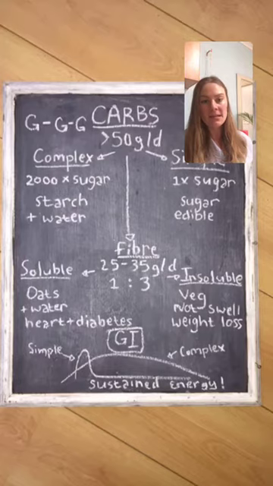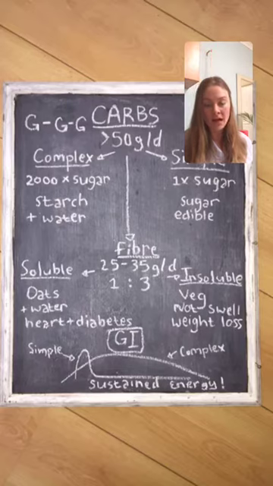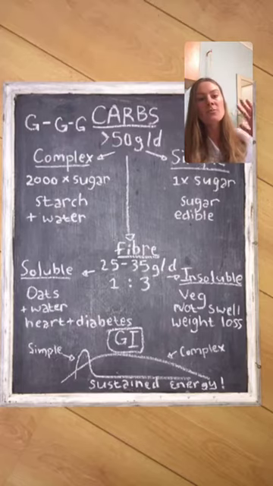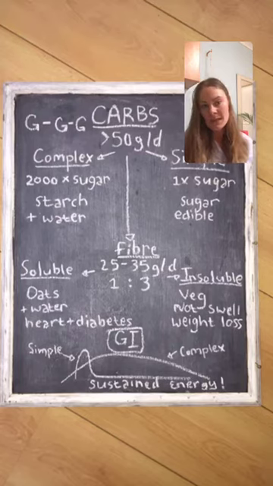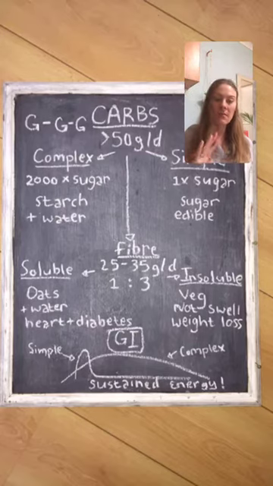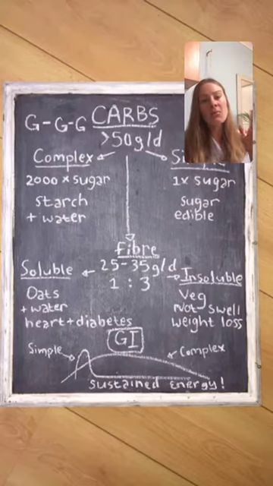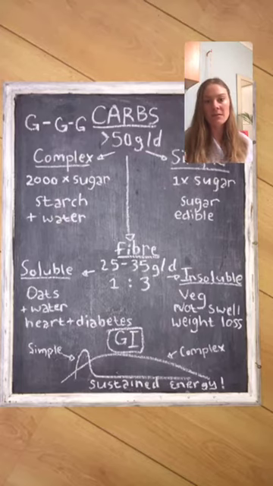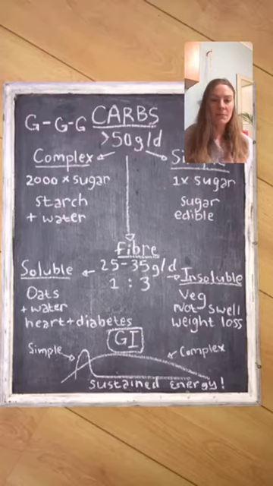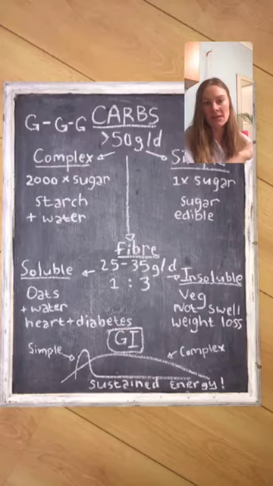So now taking everything I said into consideration, this is why we normally refer to GI foods. Because in order to eat a variety of different types of carbs, it helps our blood sugar to stabilize so that we don't only eat simple sugars and then our blood sugar spikes and falls and we feel hungry and tired. If we combine our simple and our complex carbs, then our blood sugar will spike, but our complex carbs will sustain us so that we still have that energy throughout the day.